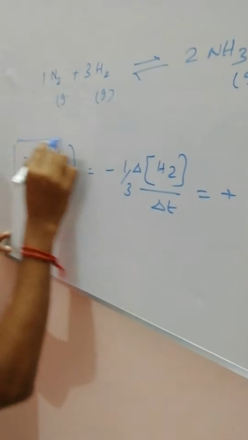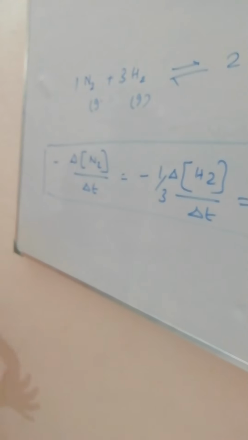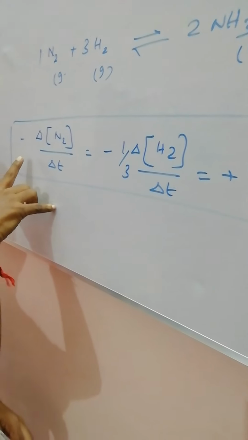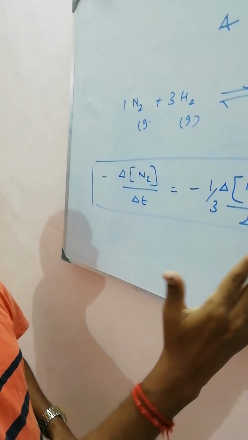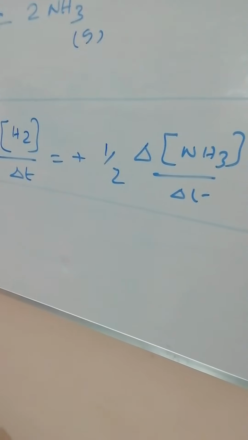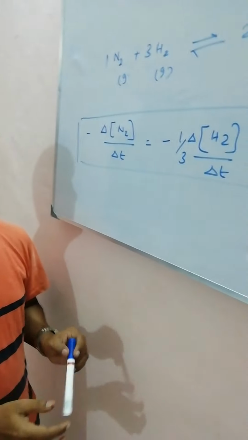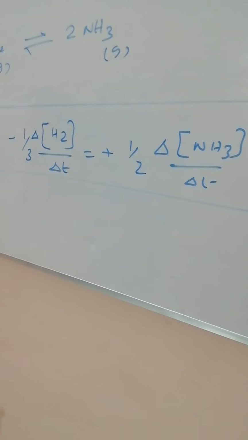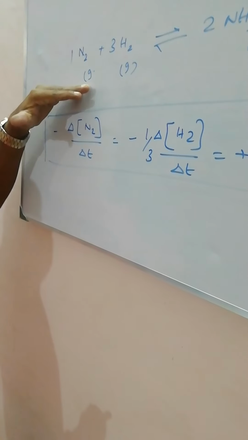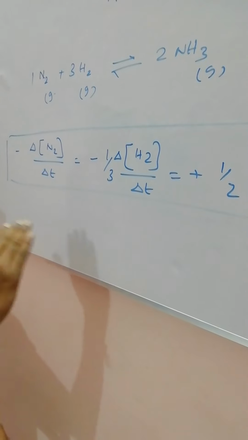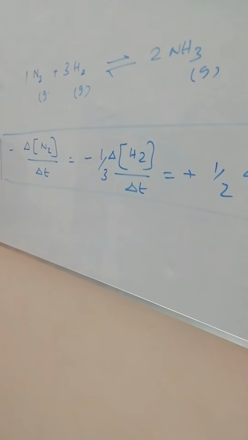This is what I am telling theoretically. So with the stoichiometric coefficients, everything is balanced. See, half of the ammonia will be formed, meaning one of nitrogen and 1 by 3 of hydrogen form half mole of ammonia. If it is a full mole, then one will be formed. That is what I am telling, all three are equal. This is the stoichiometric coefficient. That's why we can divide the reactant and product by the respective stoichiometric coefficients. You will get a well balanced equation.